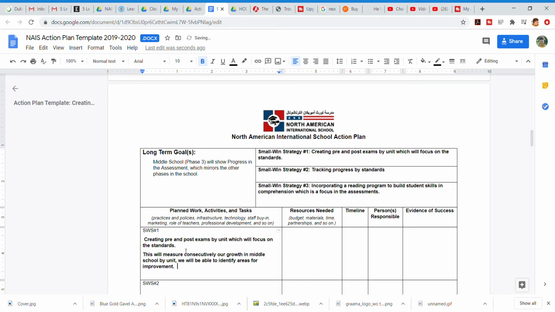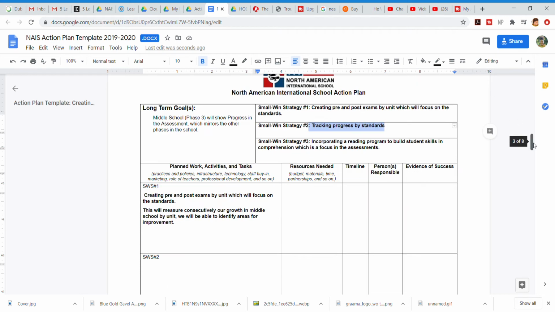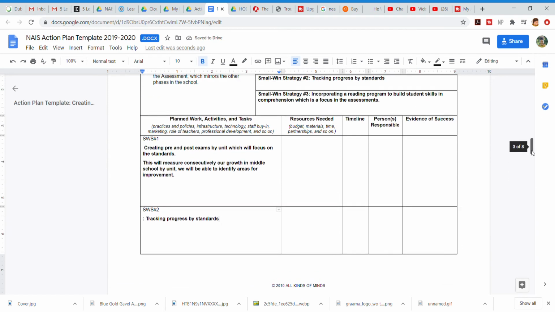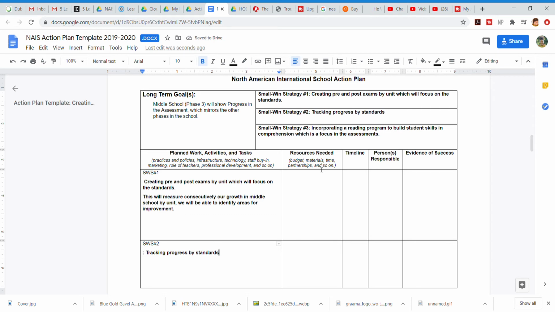I would also type in all the other things with this. The next one is tracking progress by standards. So I'm going to take this here, copy, and put it in the second piece. And then as you see here, we must now answer with the SMART system: the resource needed, the timeline, the persons responsible, the evidences of success, finished